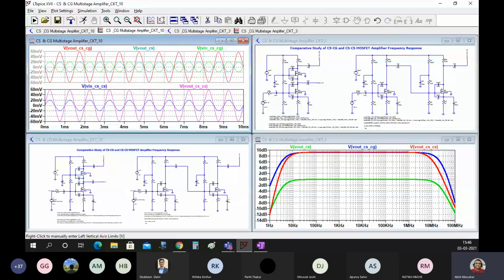So this is our 6th experiment. Now our further experiments will be on oscillators. Next week we will be doing feedback, and after that we will go with our first kind of feedback, that is the positive feedback for the oscillators.